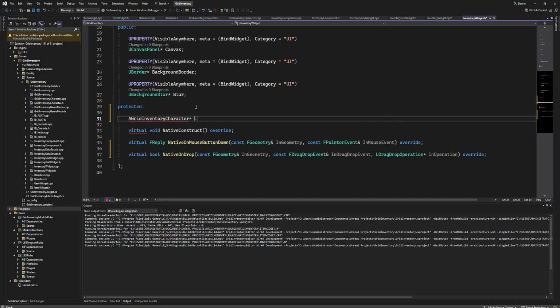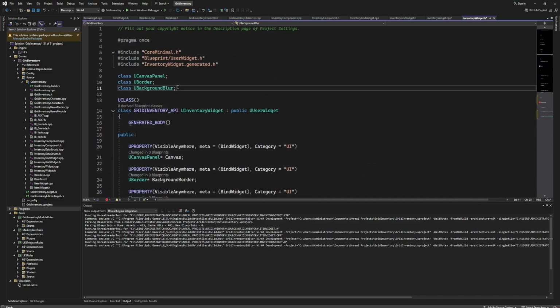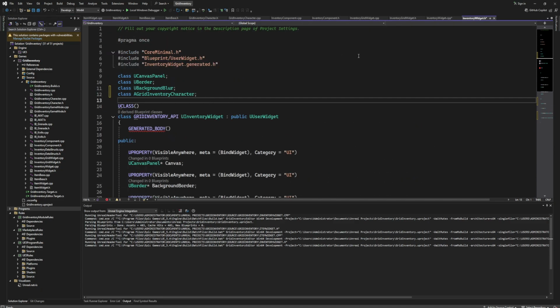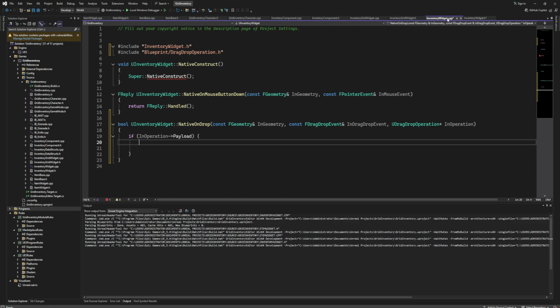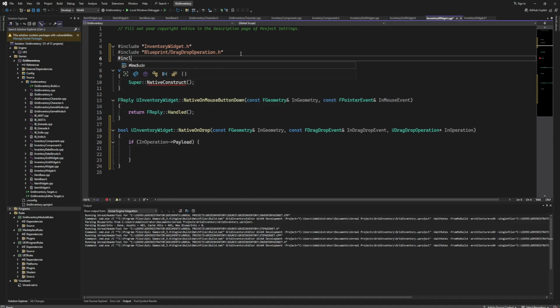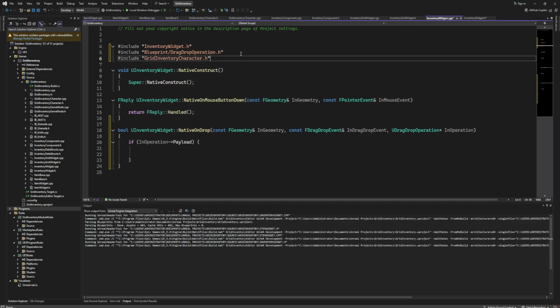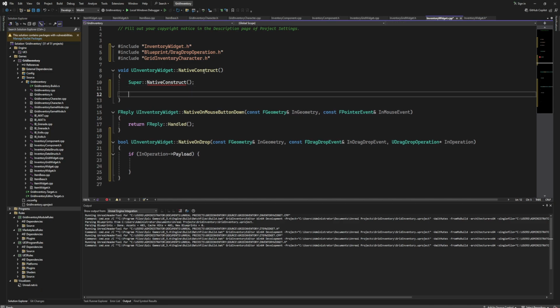Okay, so I'm just going to name it character reference. We need to import this class right here, so just type class and then GridInventoryCharacter. And now let's go to our .cpp file, and first we need to include GridInventoryCharacter. And now here in the NativeConstruct we need to basically cast to our GridInventory